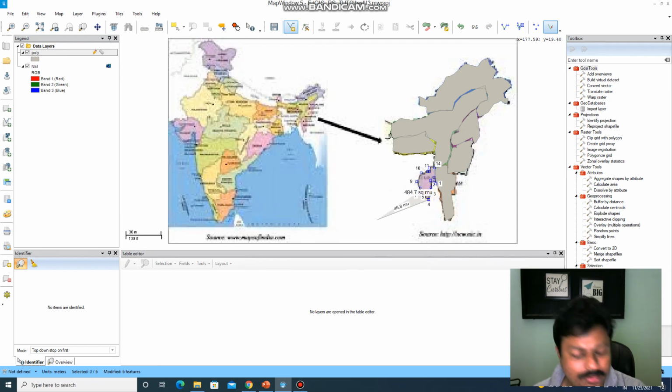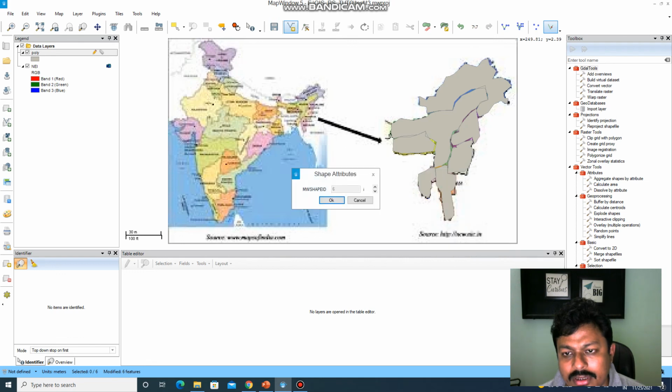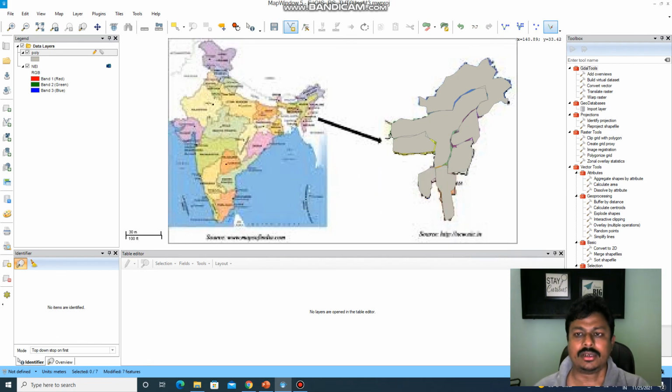So here an error in operation has happened. So I have to delete the entire digitization, and then again I have to start. So this is a bit problematic. These are all open source software, so we have to bear with them. Right, so the 7 state boundaries are digitized. Now you can see that here there are some places where digitization was not done. For those, what you can do is you can